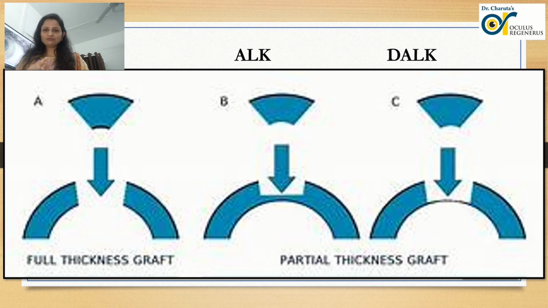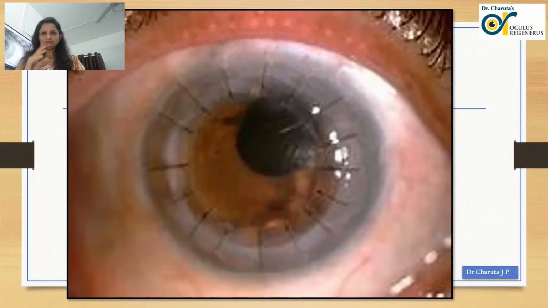So this is what a graft looks like, and if you can see, there are 16 sutures in place, the black lines that are radially seen. These are the suture materials. Now this is a very fine suture material. It's as thin as our hair, and it has its own tensile strength.